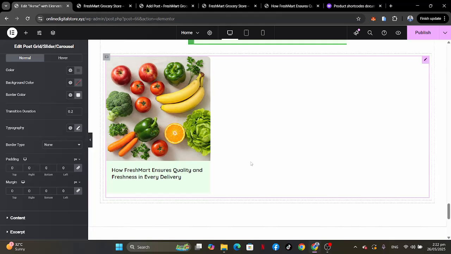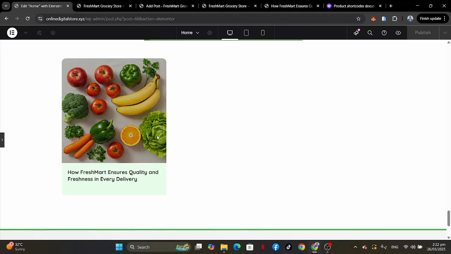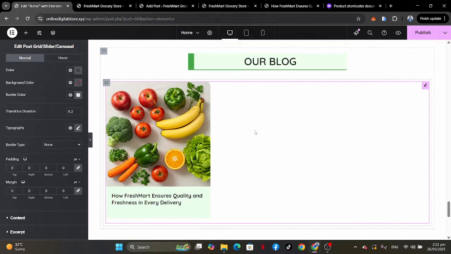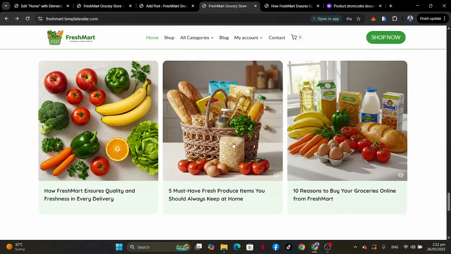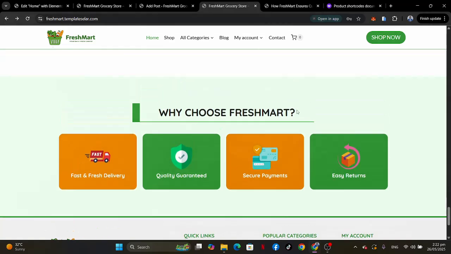So now this one even looks a little bit better. It looks a little bit greater than the previous one. So as you can see, now this one looks great, this one looks nice, and you're good to go. So when all the other blog posts come, it will just take shape the same way. All right, so I'm going to publish this one, and let's look at the next one that says why choose